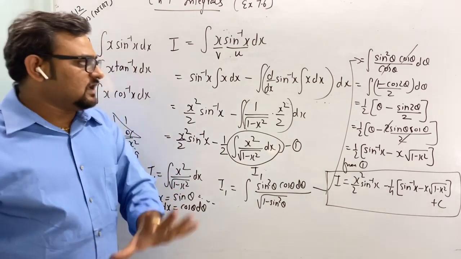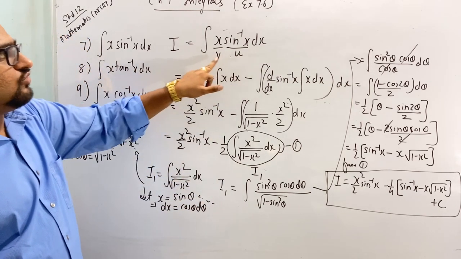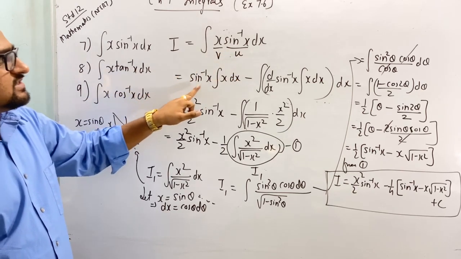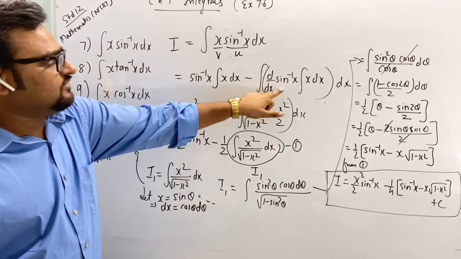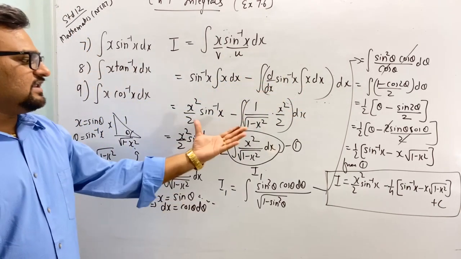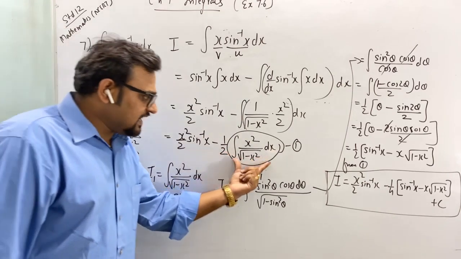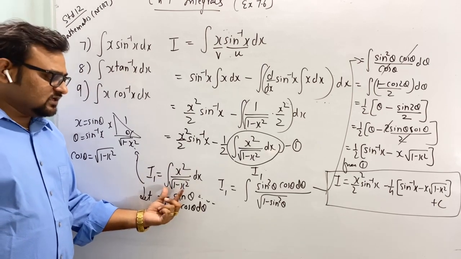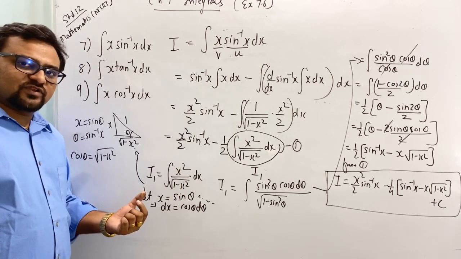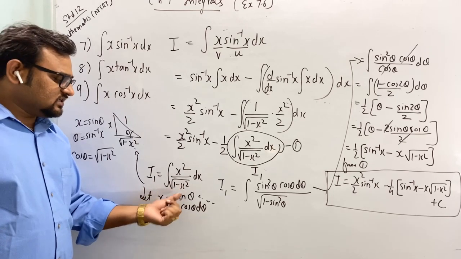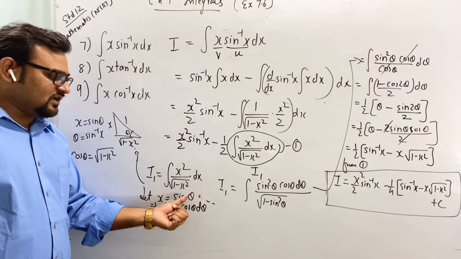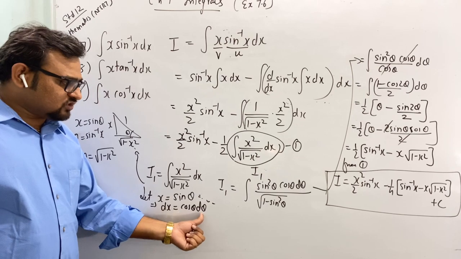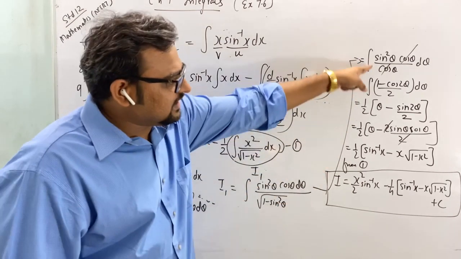Okay, see, I'm explaining once again. I had taken sine inverse x as u and x as v. So sine inverse x as it is, integration of x, derivative of u, integration of x, and finally we came here. Now these I had taken separately: I1, x square upon root of 1 minus x square dx. Clear? So now we had used the technique of inverse trigonometry. We had assumed this as sine theta. In the inverse trigonometry chapter, we were using this formula, this technique. So I got dx equal to cos theta d theta. So now finally we get this answer.